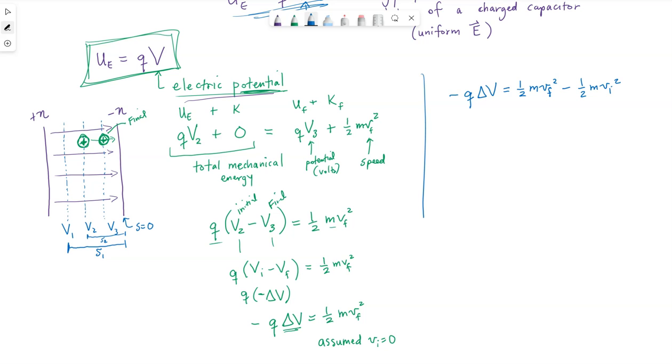Which, fine. This relationship works wonderfully to analyze the motion